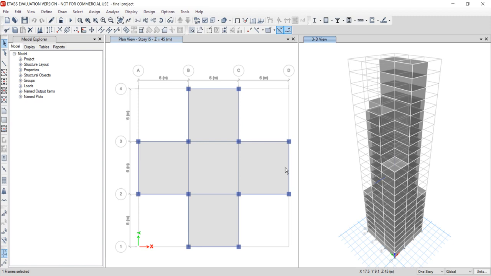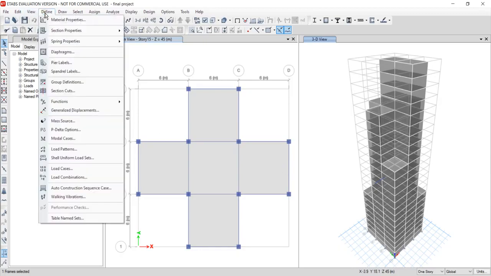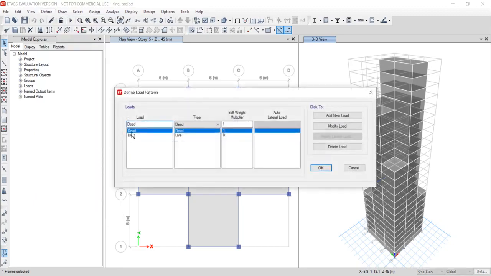Now in this video I will tell you about how to analyze the building under seismic load. So we will first define the load pattern. Go to define and click load pattern. Here write earthquake load or seismic load. I write earthquake, EQ,